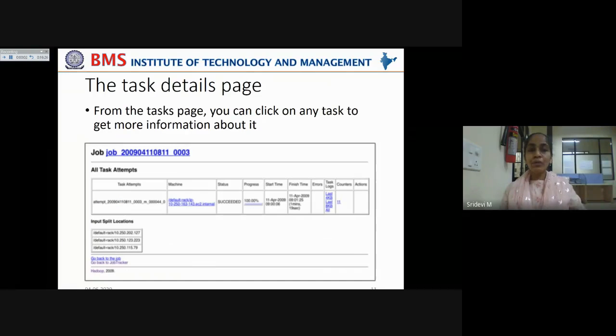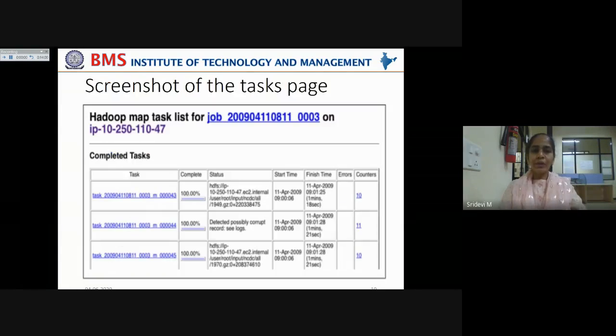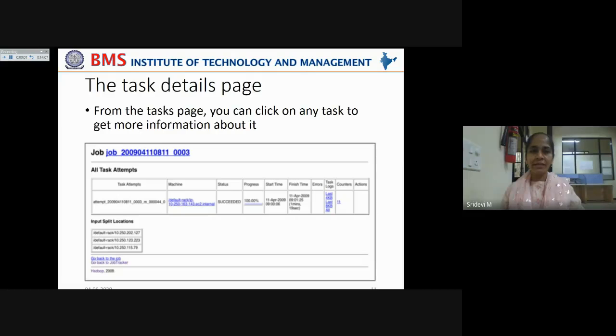Now let us move on to the task details page. When you click on any particular task ID, you will move on to this task details page. From the task page, you can click on any task to get more information about it. In this case, you are getting the details about a particular task: the task attempts, how many task attempts have happened, and on which node that particular task has run.